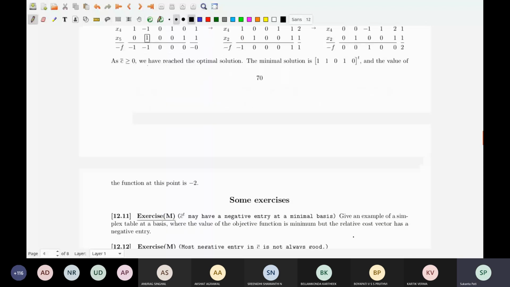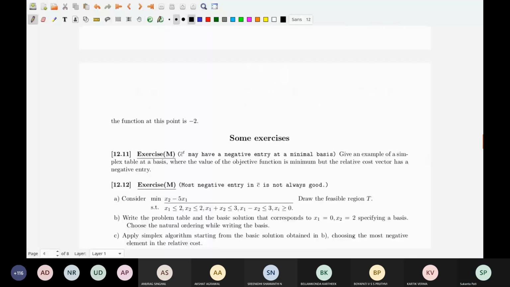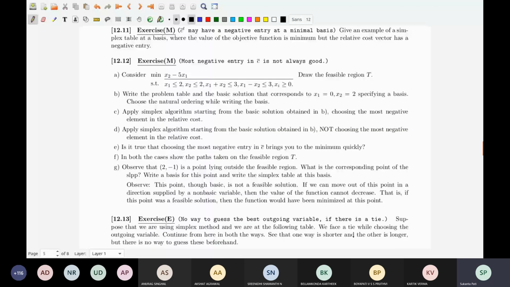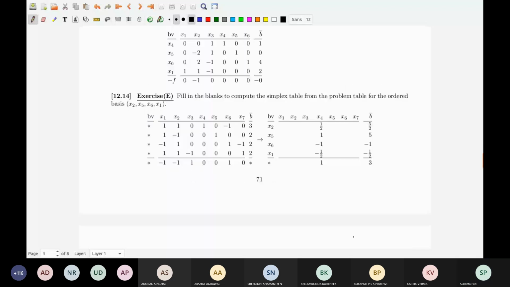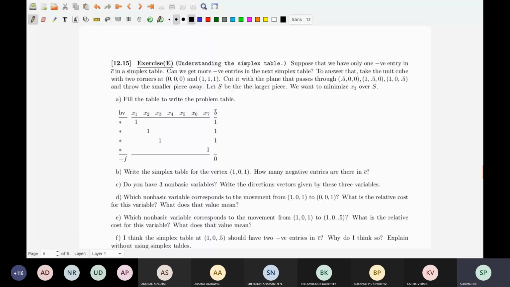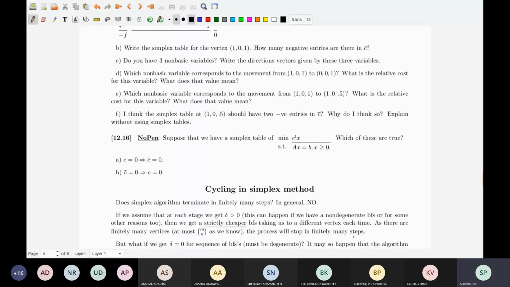Some practice problems that you can do. Whenever you have a very good idea, this is a social theorem, not a mathematical theorem, when you are trying to implement it, you will see problems. Many a time having an idea of an algorithm is fine, but while implementing, you will realize that there may be difficulties. A similar difficulty happens over here for cycling.